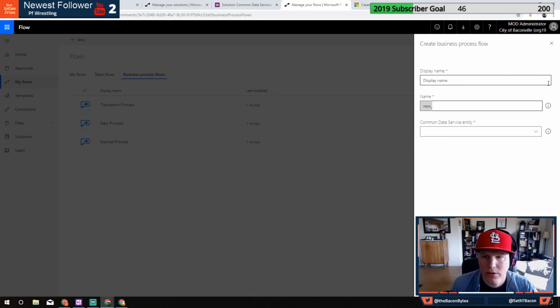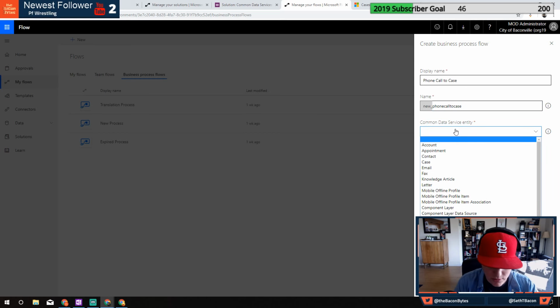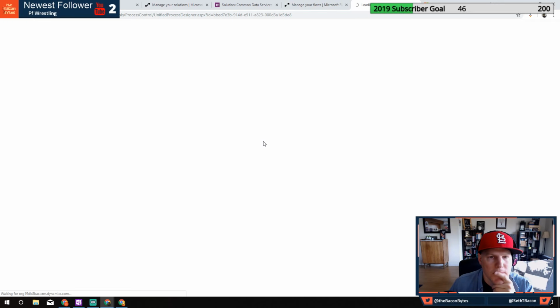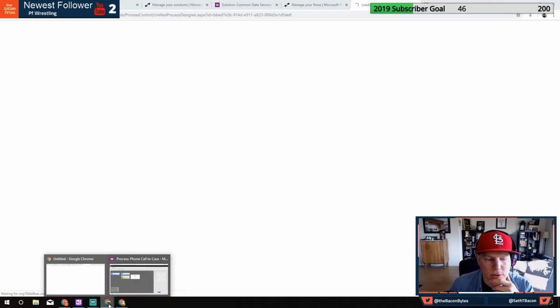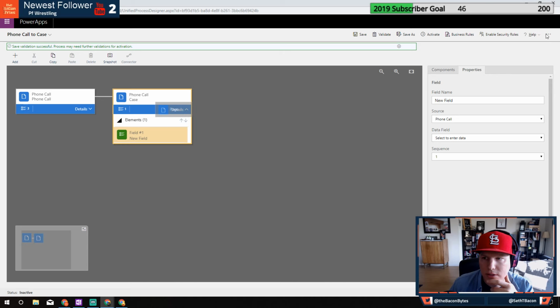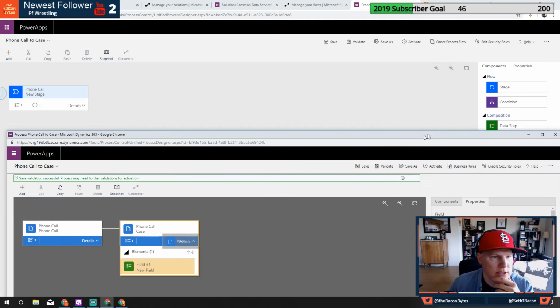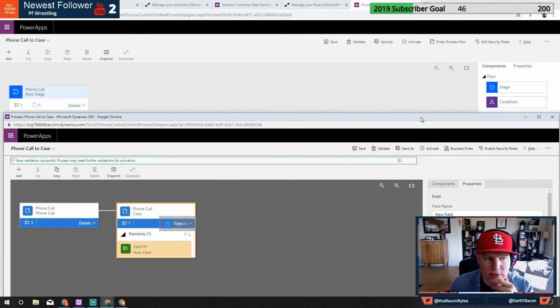Business process flow. A new one. So yes, we're kind of creating this twice. But the goal has been, can we do this in the new place that Microsoft has created? Mandar, I appreciate your help on this one. Yeah, there you go. It's interesting. It's very similar, but it's different for sure. Some of the different things: you got a stage and a condition, which before we had a page and a condition.